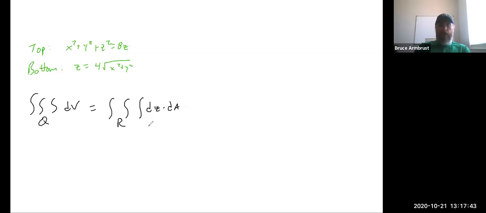And so in terms of our bottom, our bottom is going to be 4 square roots of x squared plus y squared. And then the top, ooh, what's the top going to be? You ready for some fun with this one? We got to solve this for z. And since we've got multiple z's,